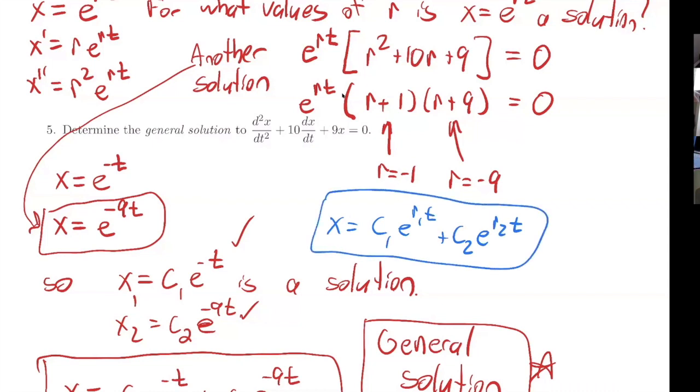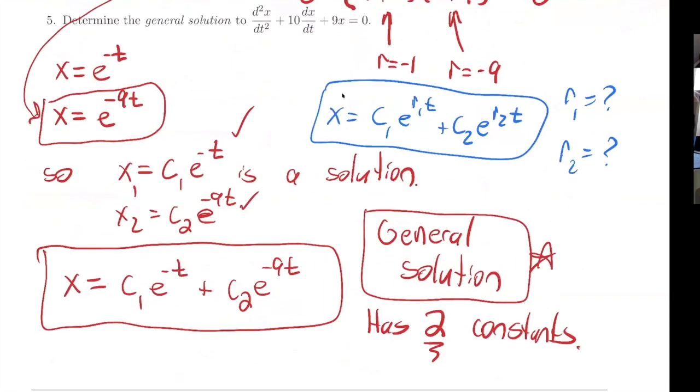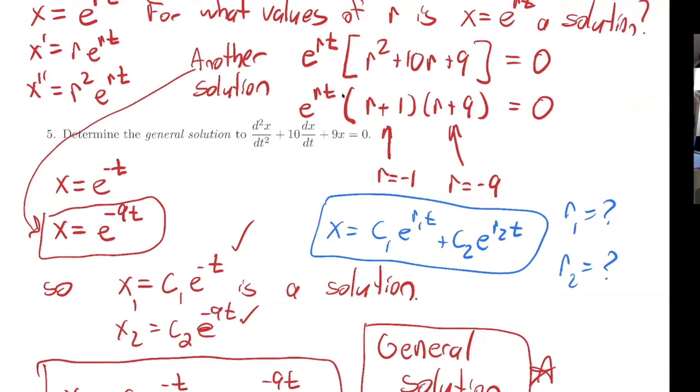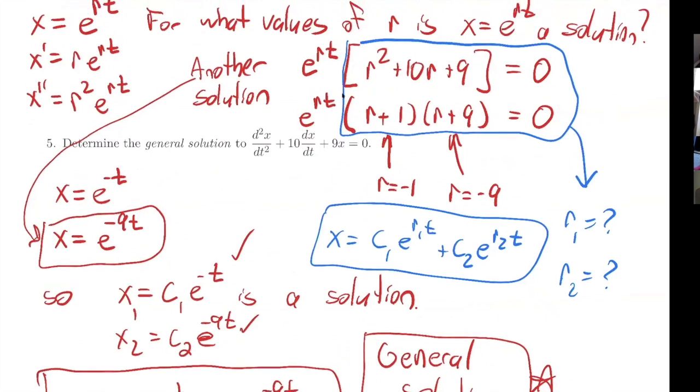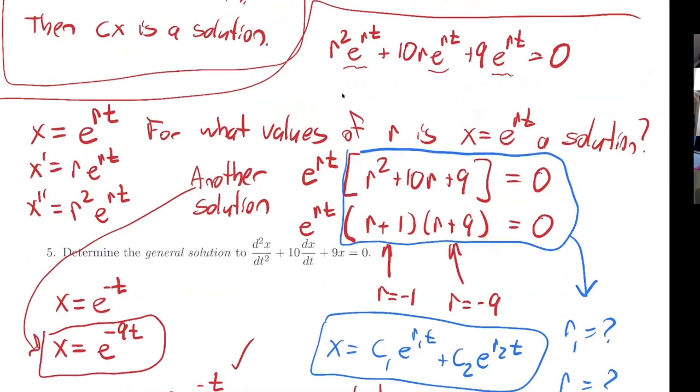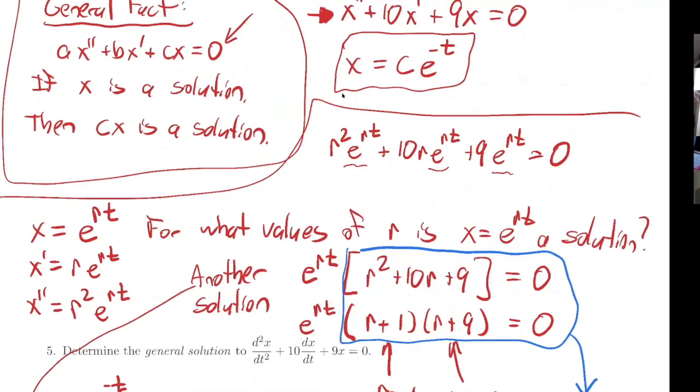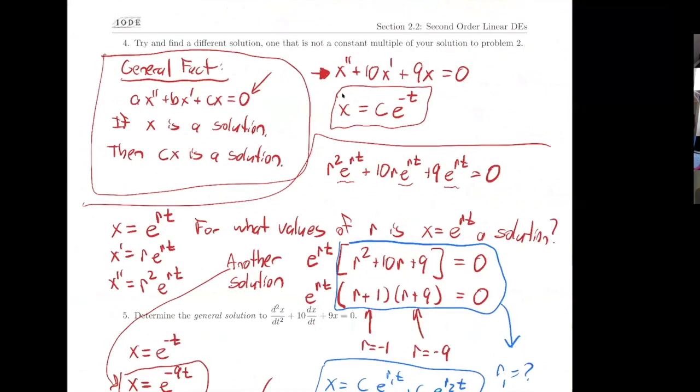And really what we need to do is say, what are the values of r1 and r2 that we need in our solution? That's what we have down here. To find these values, we need to set up and solve a corresponding quadratic equation. And notice that this quadratic equation has coefficients